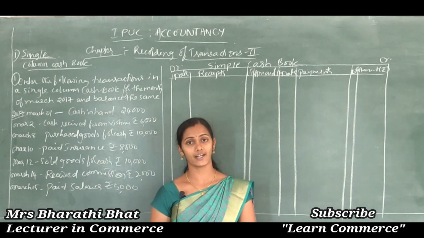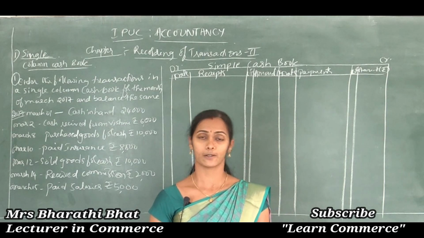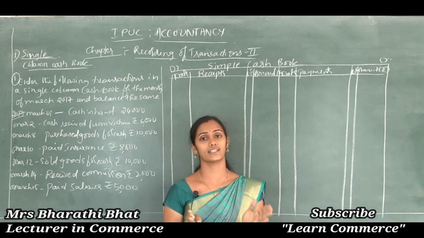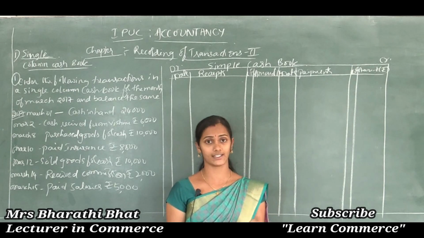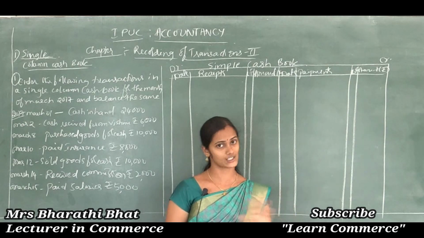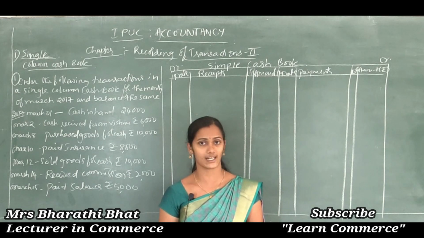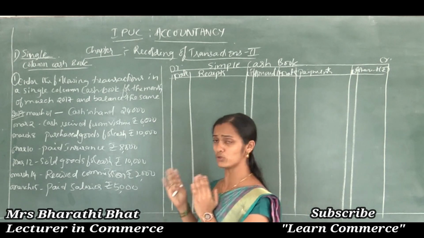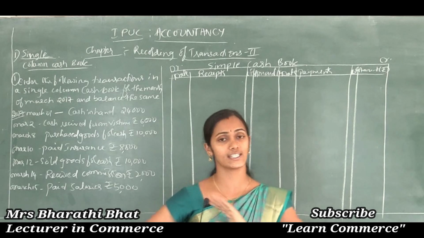In the recording of transactions part 1 chapter, we studied how to pass the journal entries. Before that, we studied the rules of debit and credit, the types of accounts, and how to pass journal entries. To pass journal entries, there are some principles we need to follow. We also studied how to post the journal entries to the individual accounts and how to prepare the ledger accounts. Correct, right? Let's move to study one more important and very easy concept in our accountancy.